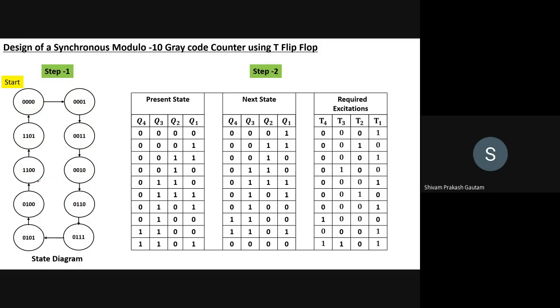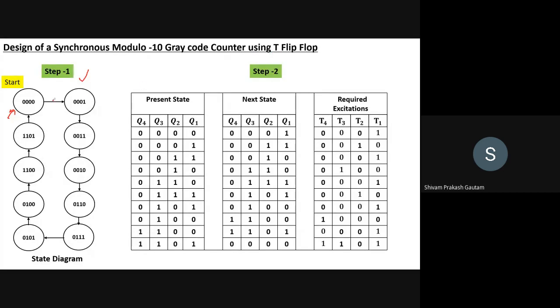Okay. So once we are clear with our problem statement, we want to design a mod 10 gray code counter. Mod 10 means it has 10 different states, and after the 10th state it should go to 0. If it goes to the 11th state, then it will not be a mod 10 counter, rather it will be a mod 11 or some different mod counter, right? We do not want that. We want to design a mod 10 counter, and that too a gray code counter using T flip-flops.